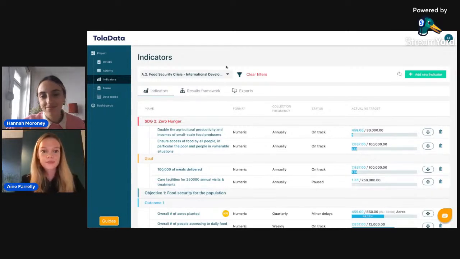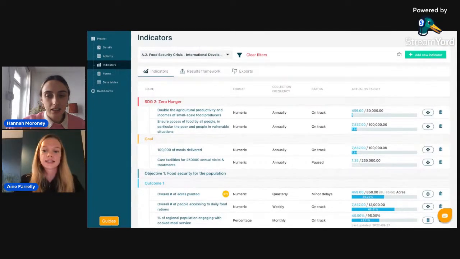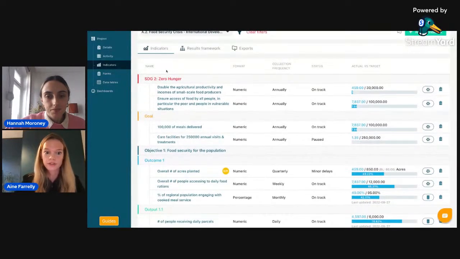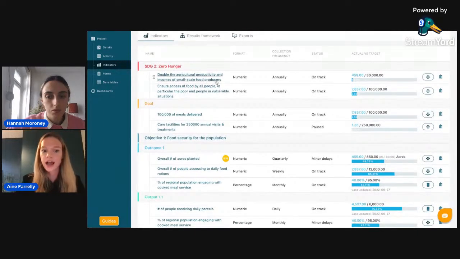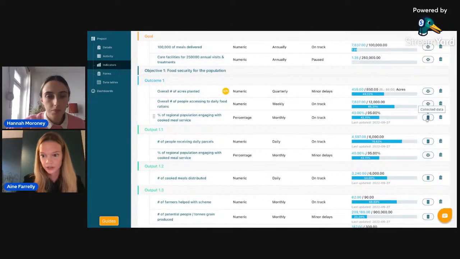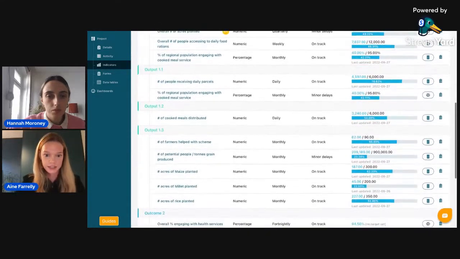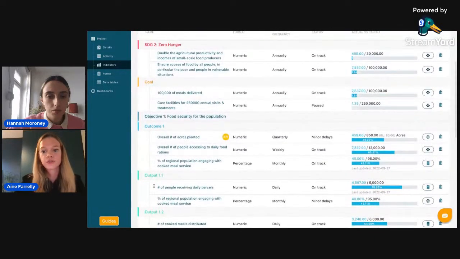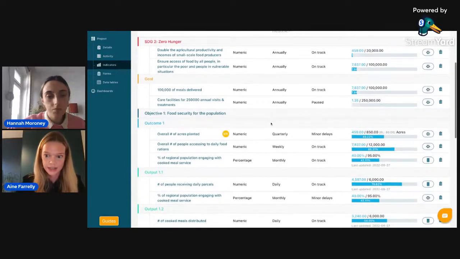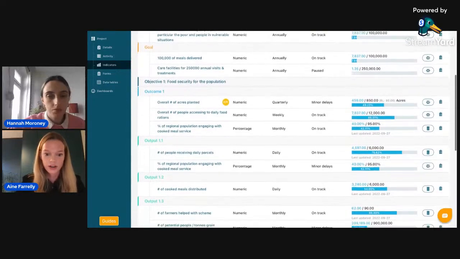Fab. So moving on then, so that was a collected data indicator I just showed you. So just a quick refresher, the indicator section here on the left-hand side. You can see here the top level indicators here are aggregated indicators, and we know they're aggregated because of this little symbol here. So if I scroll down, you can see this little stack of coins, almost, that is a collected data indicator, and then they feed up into our aggregated indicators. So for the collected data indicators, that's where you add the new data, and then for the aggregated indicators, you're just using the information already on site.